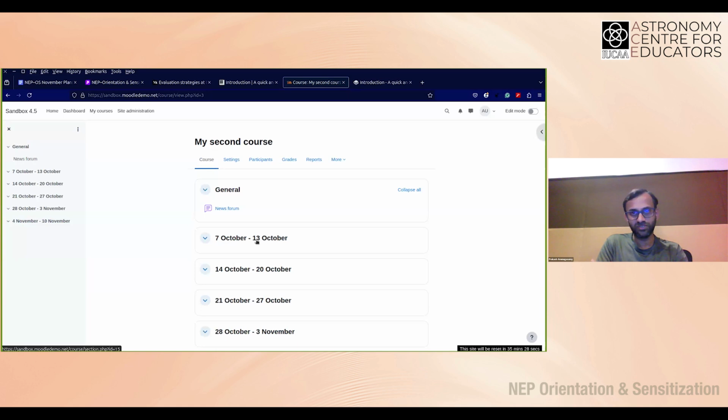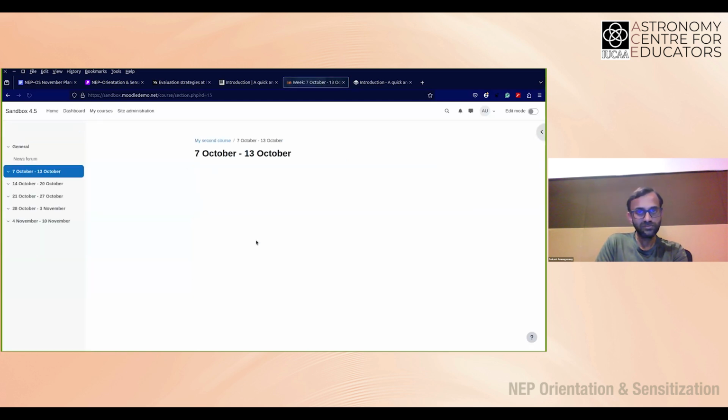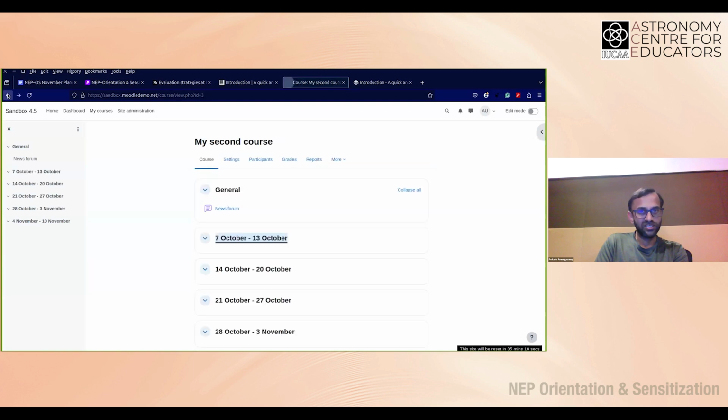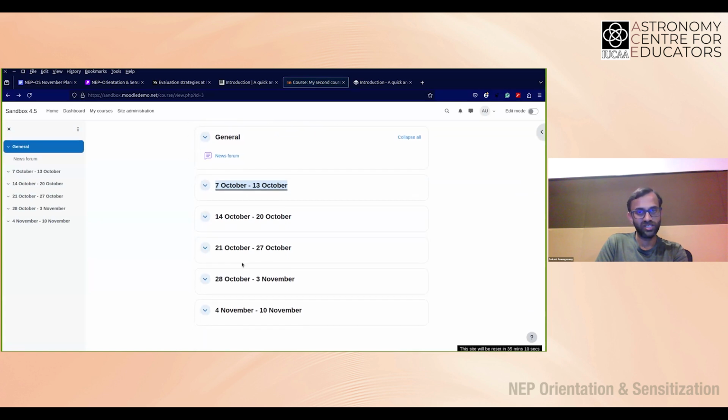And you could do this, if you just sign in, go to moodledemo.net. It's a shared sandbox application that is shared with everybody online. So what you will see is this is a course that is set up according to the weeks, where each module is a week. There's enough flexibility that you can do it according to topics or any other format too that you would be interested in.